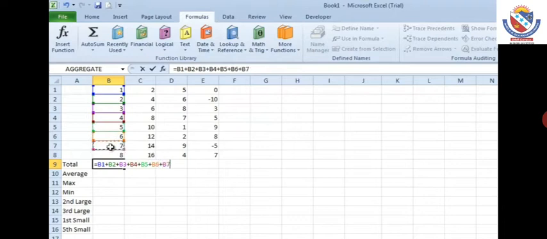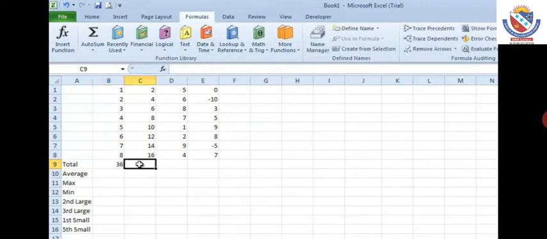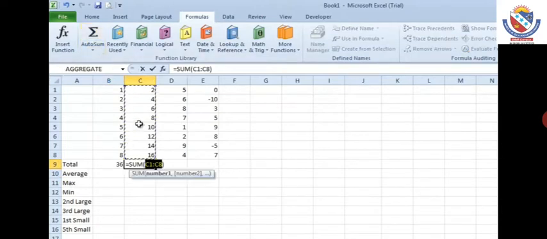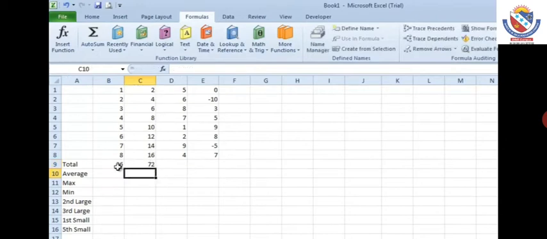Here I just write equal to and prepare a formula, adding different cells with plus. With the help of the AutoSum button you just select all the cells or range, and click on the AutoSum button.